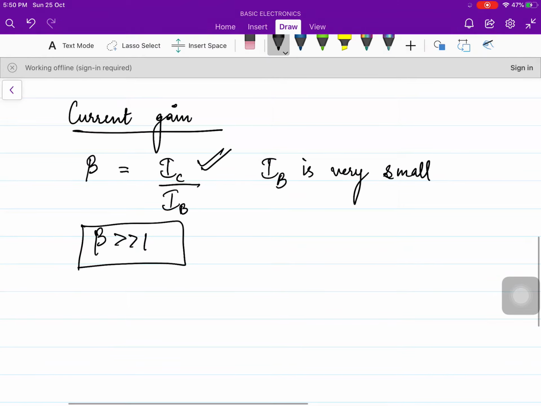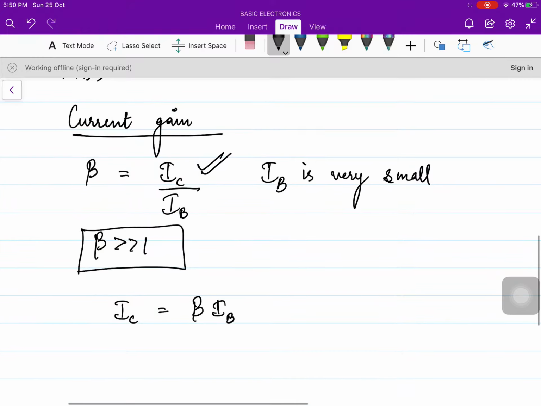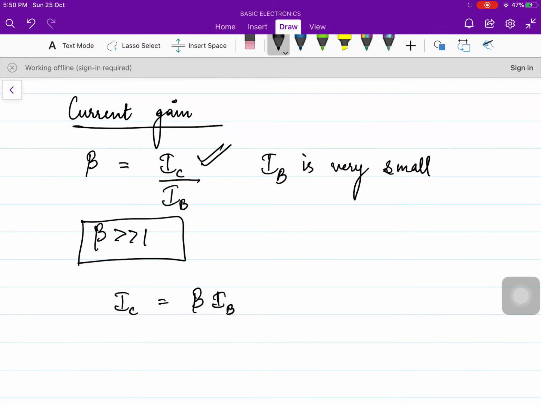Now another thing is how to write the equation of the collector current for common emitter. So from here, if I find out what is IC, it is equal to beta IB. Now don't forget, we learned in the previous lecture also, that the collector current is not only composed of the majority carrier component, but it also contains a component of collector current which flows due to the minority carriers. So this one is the majority part. Minority, that is the leakage current. How will you show that?